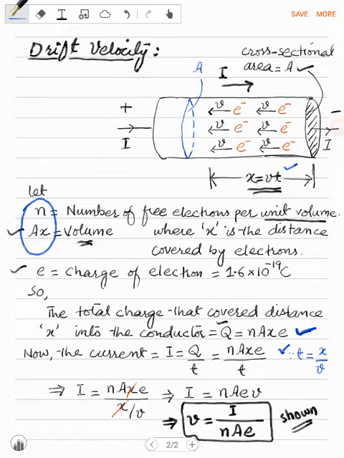So we will substitute x over v in place of t. So x will be cancelled by the x, and when we shift this v into the numerator, it will multiply with nAe. So it becomes I = nAev, and if we make v the subject, this formula can be rearranged